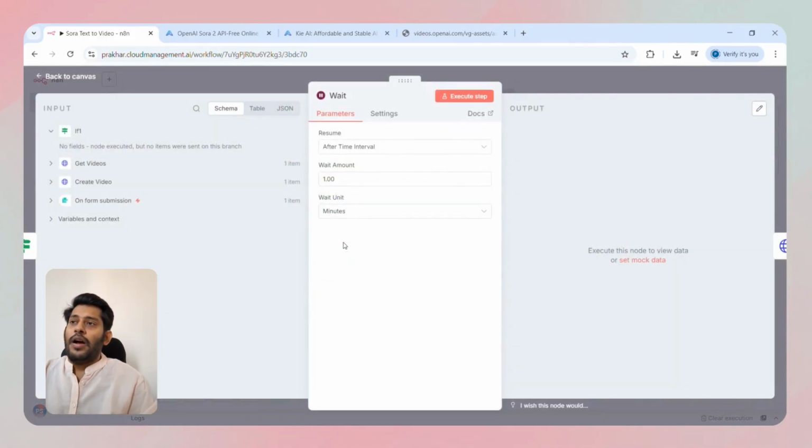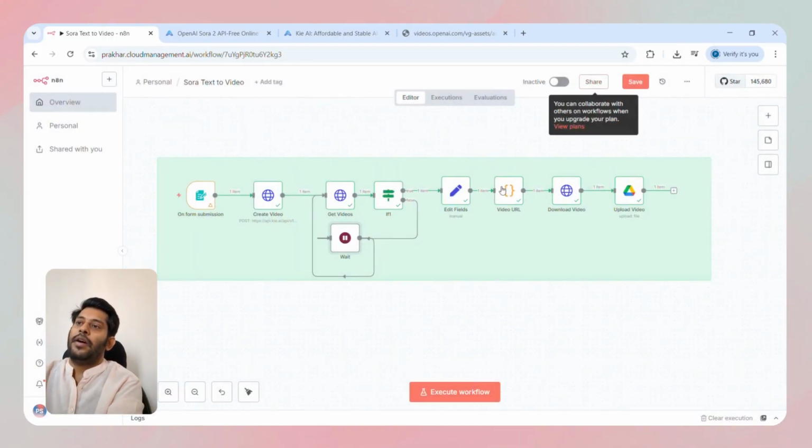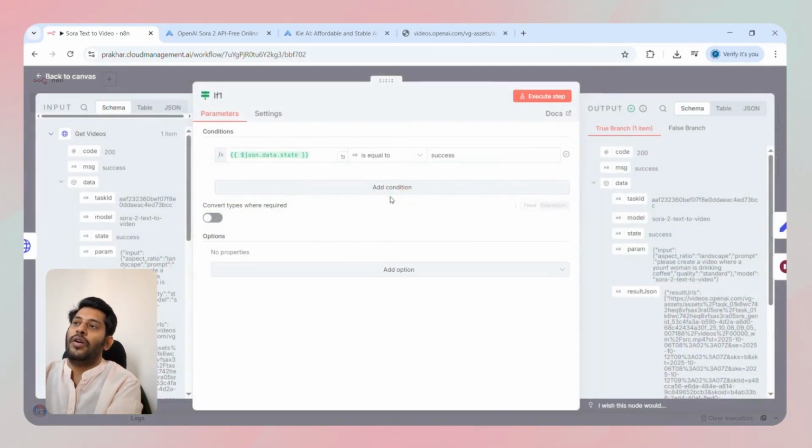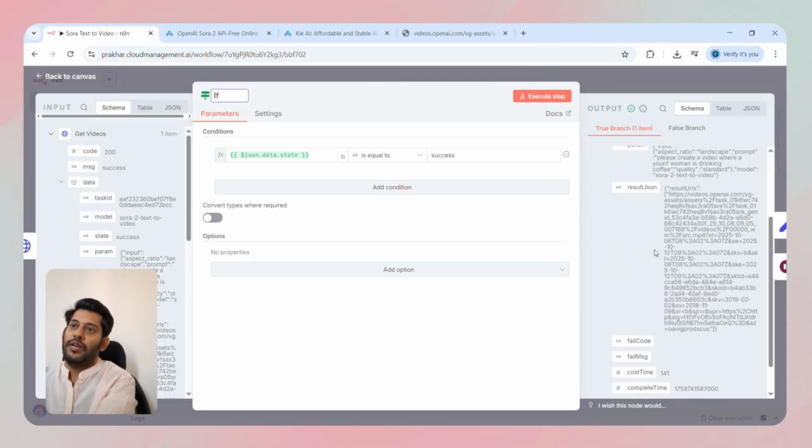waiting for 1 minute. So for the safer side, it's better you wait for 1 minute before calling the API to generate the video. And as soon as we have this, there is also an If node. Here in the If node, if the video is still not generated, it will call the API again, and make sure to get the video done. And as soon as it is done, you will get the video URL in JSON format